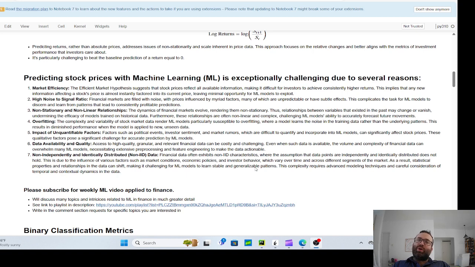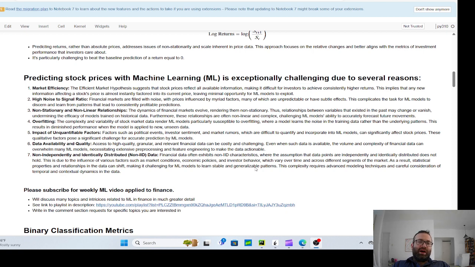And that's why overfitting is also an extremely big deal. It's so easy to find some random mix of technical indicators that gives you good performance, but you're probably overfitting, and that won't hold in the future. There are so many unquantifiable factors, like terrorist attacks, God forbid, all these random things that you just don't know, and they influence the stock prices, and you can't really measure and